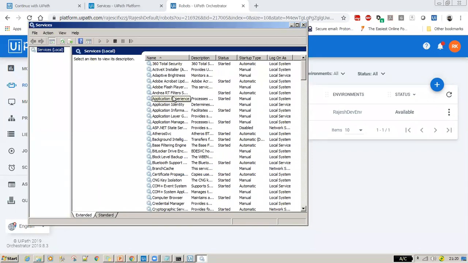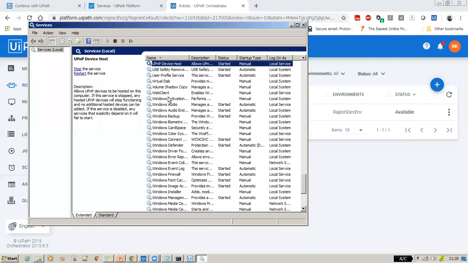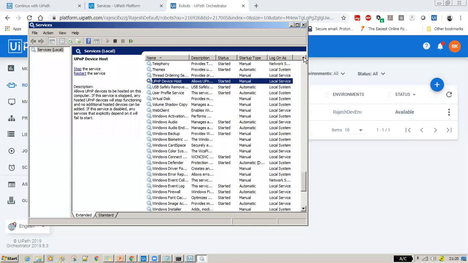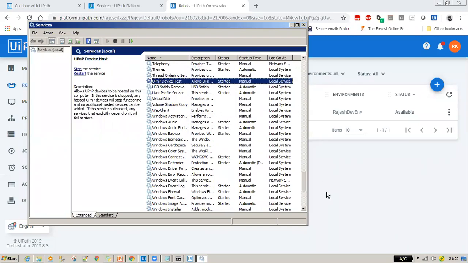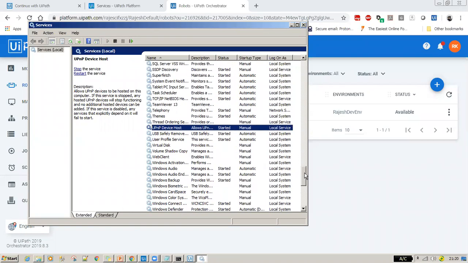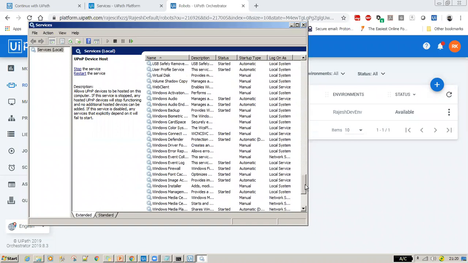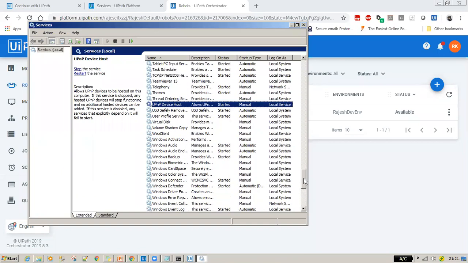And here you have all the Windows services. So type UI robot. Once you type UI robot, usually it will show the UiPath Studio and UI robot here. Try to just restart this particular service.